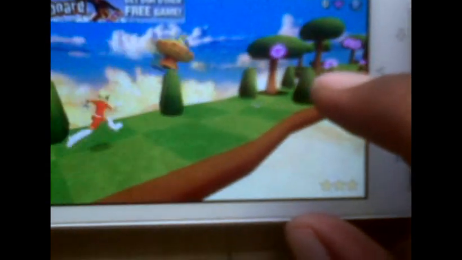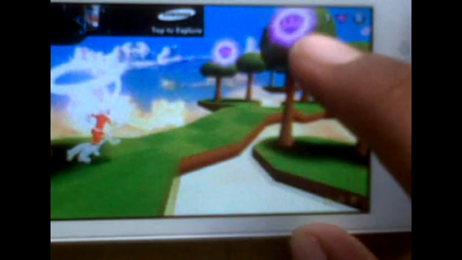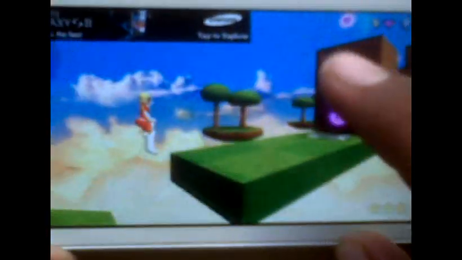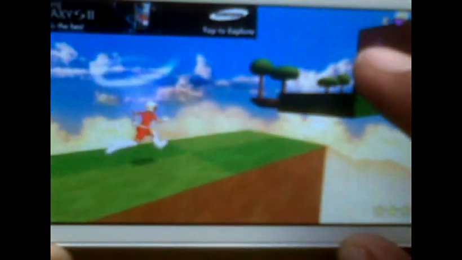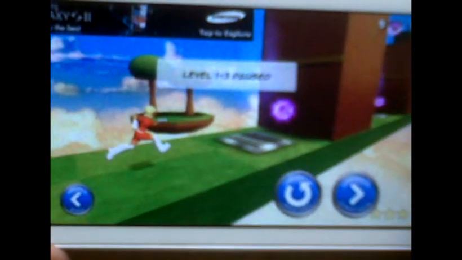You can see here the game results. It's very fast. So this is the gaming experience for the Xperia.